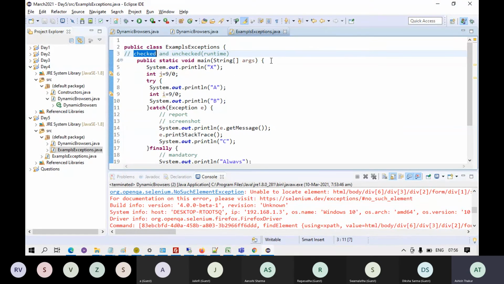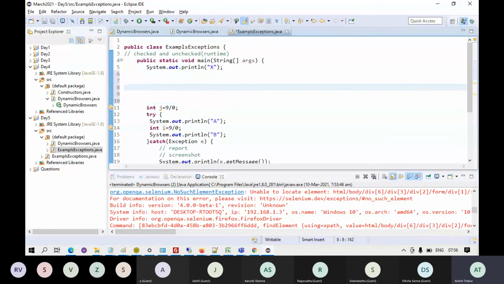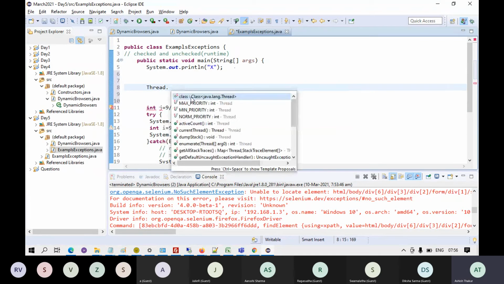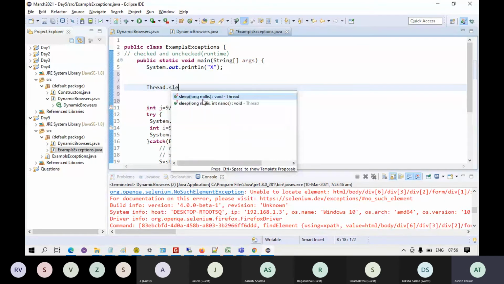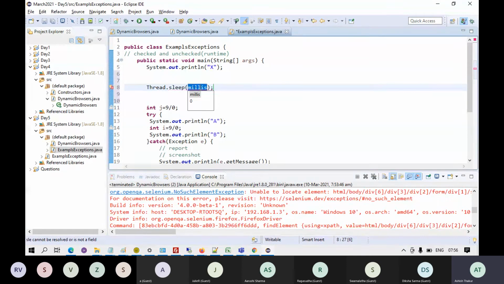And there is something known as a checked exception, which is at compile time. The code will not compile and run because of this. For example, if I write thread.sleep for say 3 seconds, you will get an error because as per Java this is a checked exception.